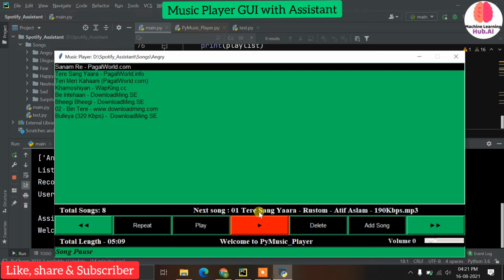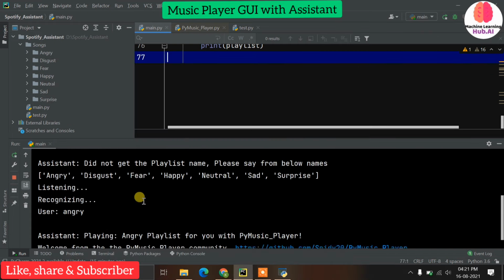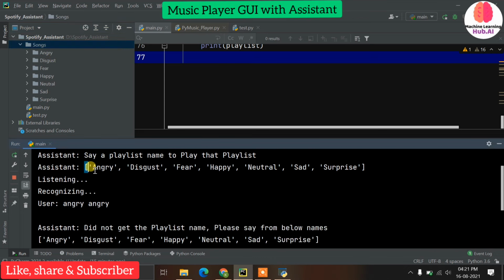You can see that's how our application is working. First it will automatically detect the songs folder in your directory. If it is not there, then you just need to create a directory and put your playlist songs there. I just copy-pasted them from my emotion music player, meaning the emotion recognition system. So these are all the folders, and it will give you the list of the available